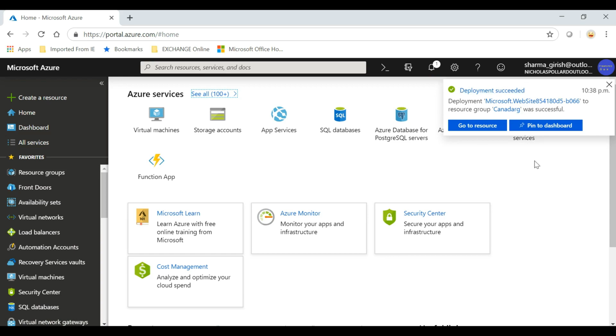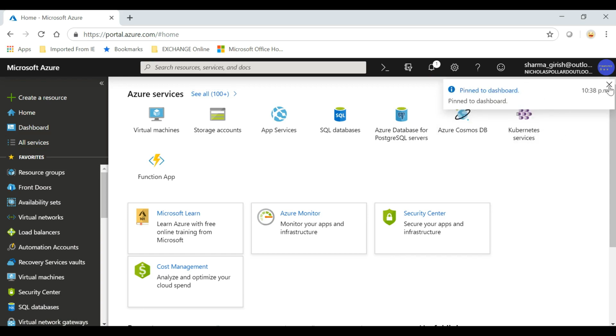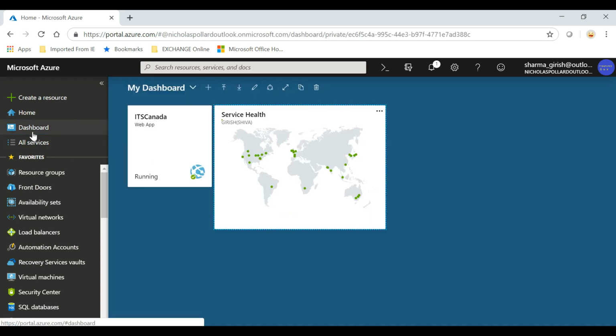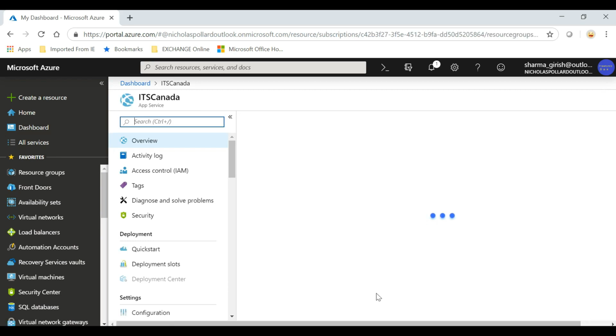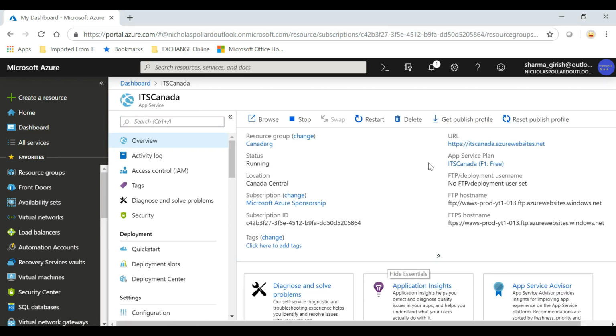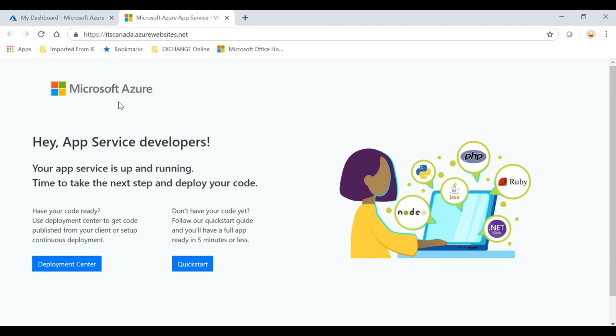Okay, so the deployment has succeeded. What I'll do is pin this to the dashboard and close this. And if I go to the dashboard now, you'll see that ITS Canada is up and running. So let me just go and expand this, and I get the URL here. If I go and click on this, it will take me to the default website, which is created by